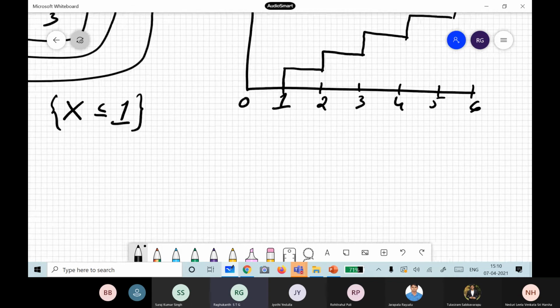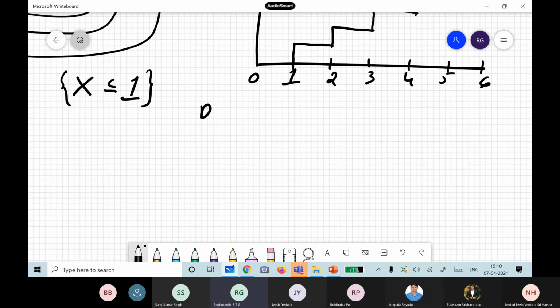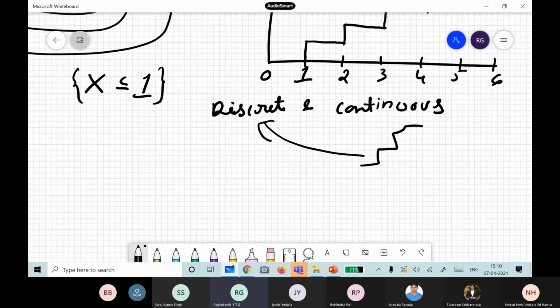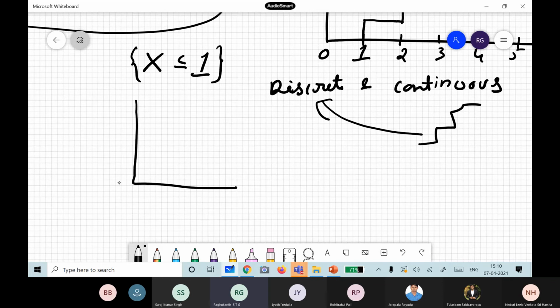So like this, people also define discrete and continuous random variables. Discrete means you have steps. Okay, the definition is like this. If the probability distribution function looks like a step function, say like this kind of a thing, then we call it discrete. Continuous means the distribution function is something like this, a very smooth curve. So this we call a continuous random variable. Continuous random variable means whose probability distribution function is smooth actually. If the probability distribution function is steps kind of thing, then we call it a discrete random variable.